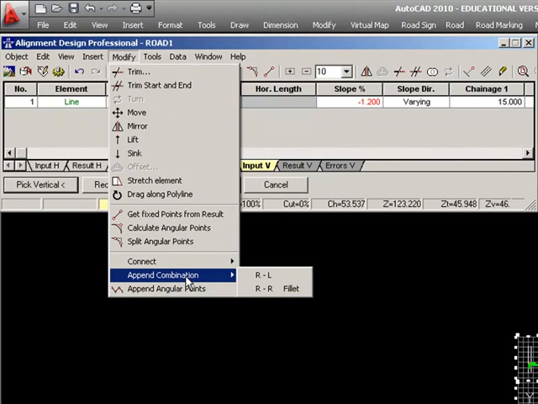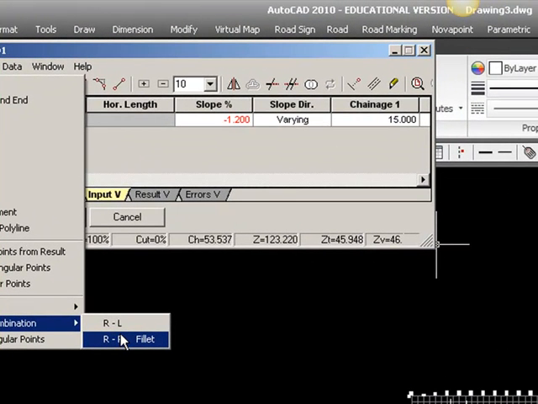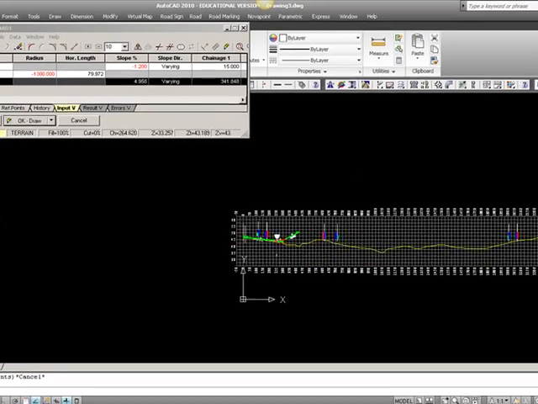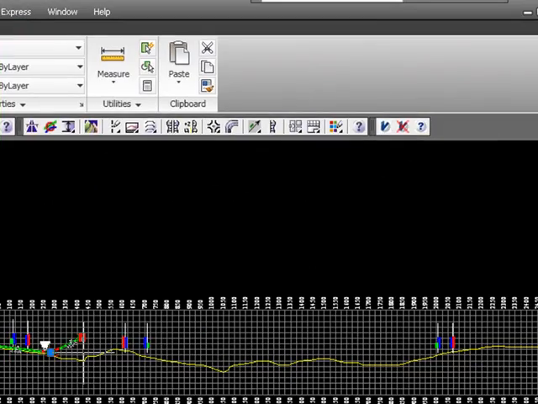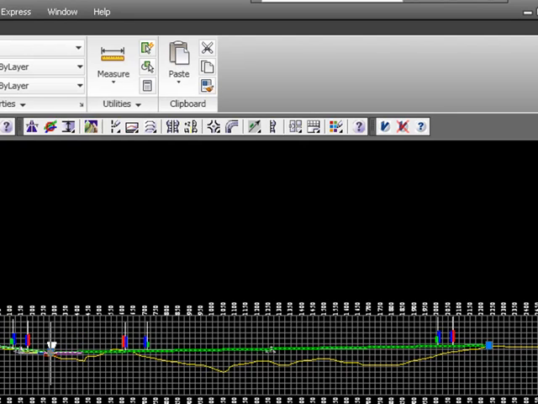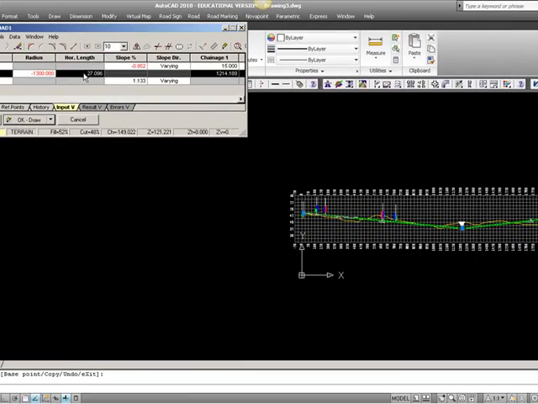So to modify, append combination, and you can see there's only two possibilities here, RL or RR, and the RR combination is not used in Denmark, we always insert a transition, and in this case a line between our radius. So this one, RL, is what we use. I will append this combination, and you can see now that I got a radius and a new line. And then it's just to drag until you're happy, change the size of your radius,